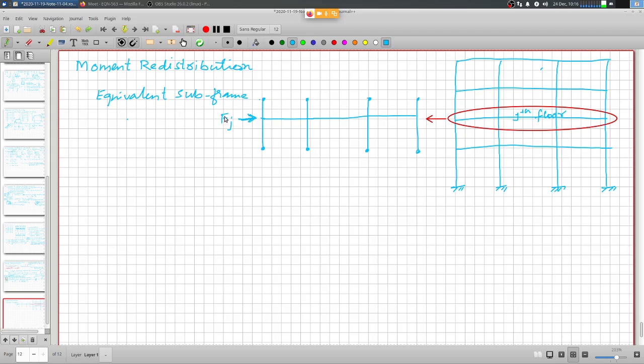So that's the equivalent lateral force that you find from the seismic analysis to be applied at different levels. And obviously there will be shear forces